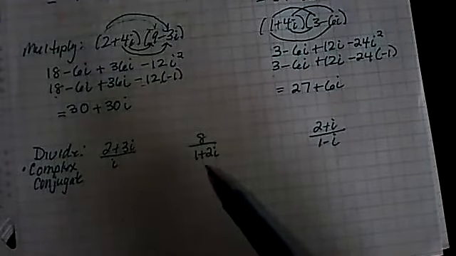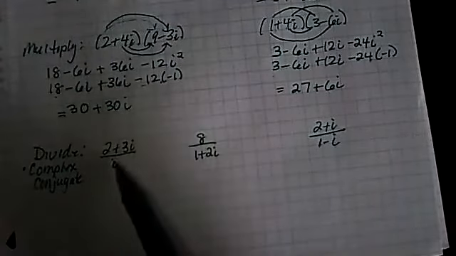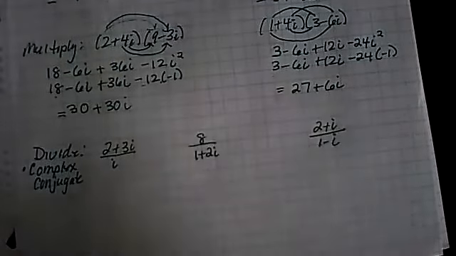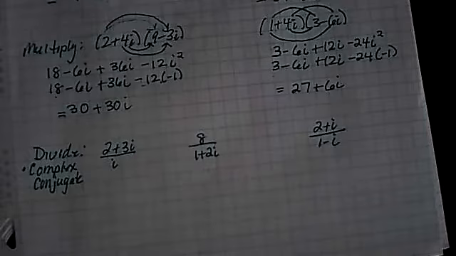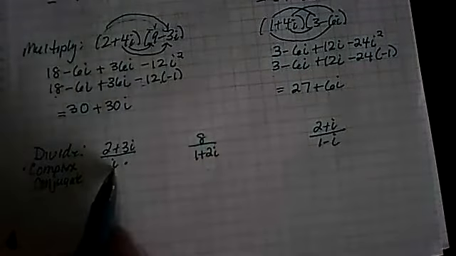So that is our goal, is to get rid of that. And how we do it is we use what's called the conjugate. And it's really about just taking the opposite sign of the imaginary number that you have. All right, so that's pretty much what the conjugate is. So what I'm going to do is I'm going to multiply this times the opposite of this, which would be